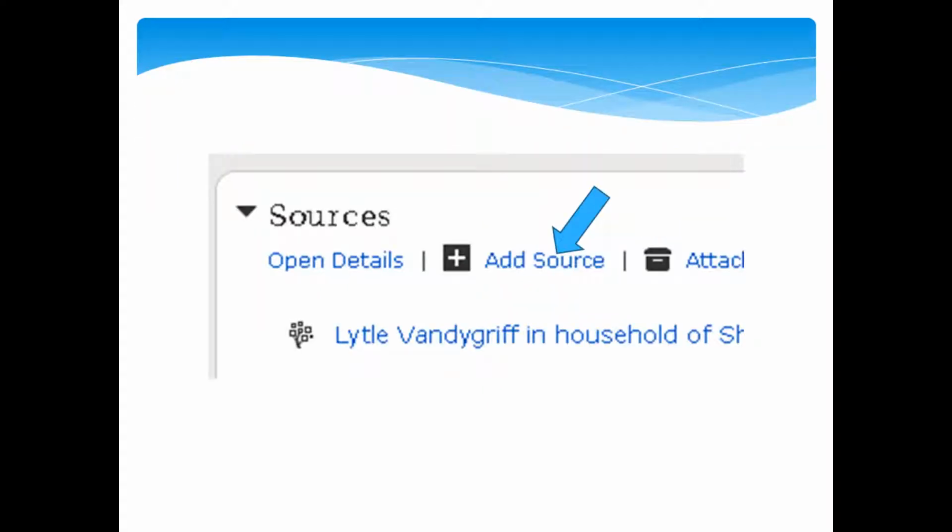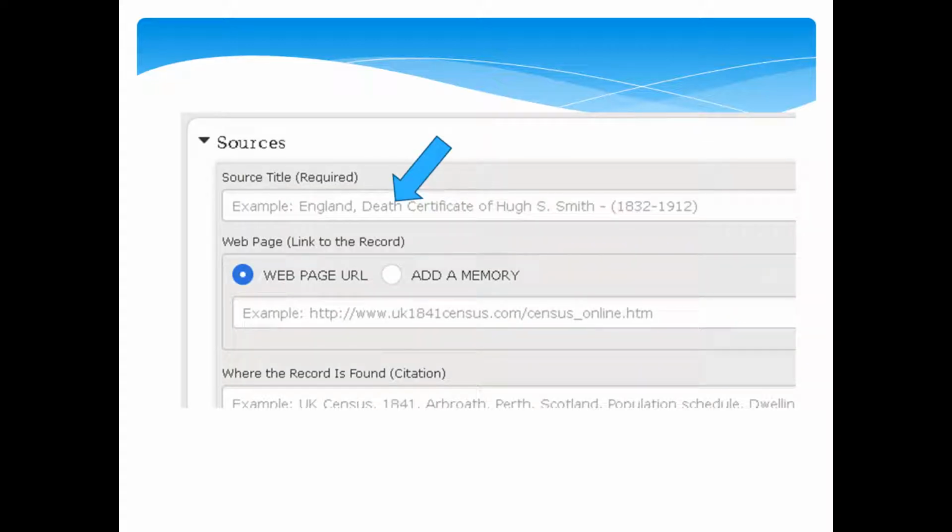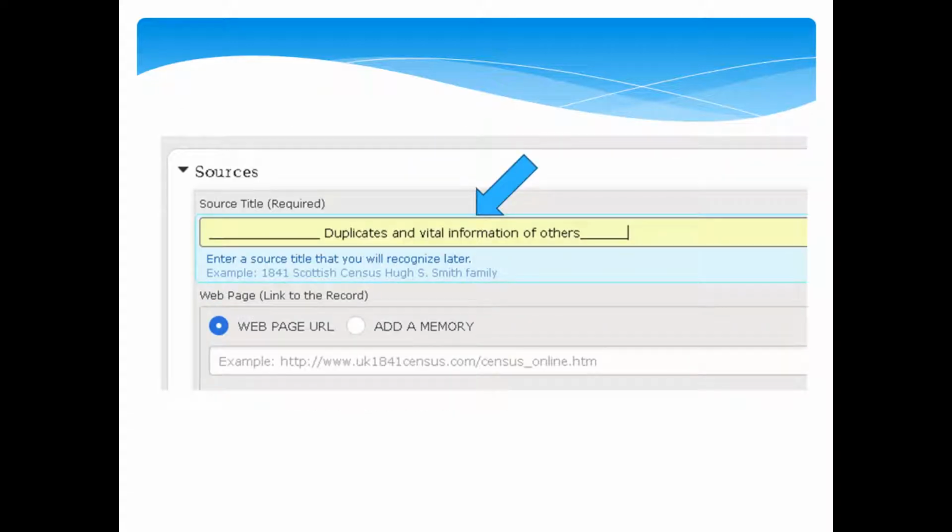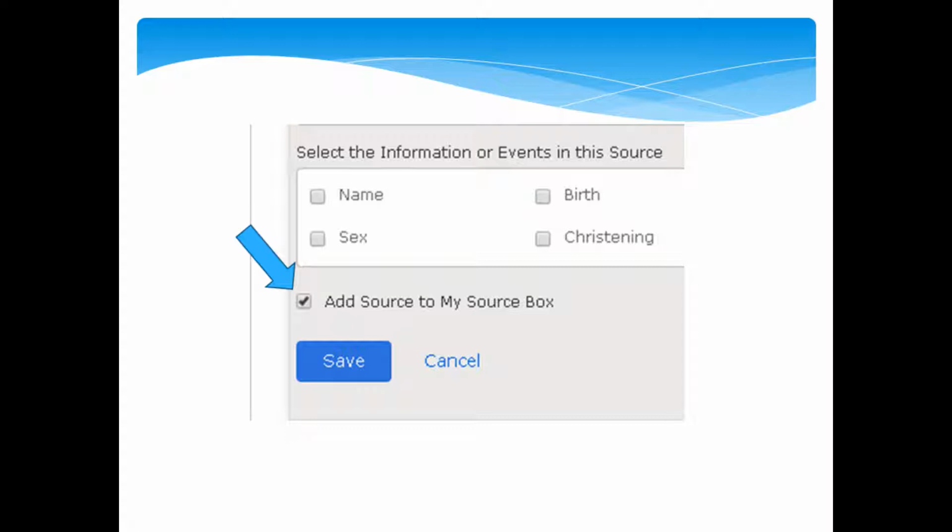Create your banner source by going to the top of the sources and click on Add a Source. Create a source consisting of a title only. The title should consist of a dashed line and perhaps the words duplicates and vital information of others only. By checking the source box during creation, the banner source can be kept in your source box to use for